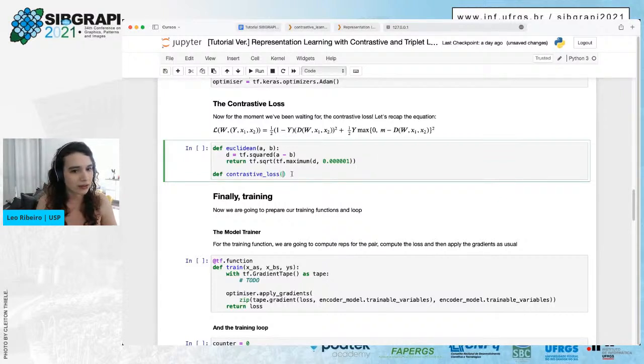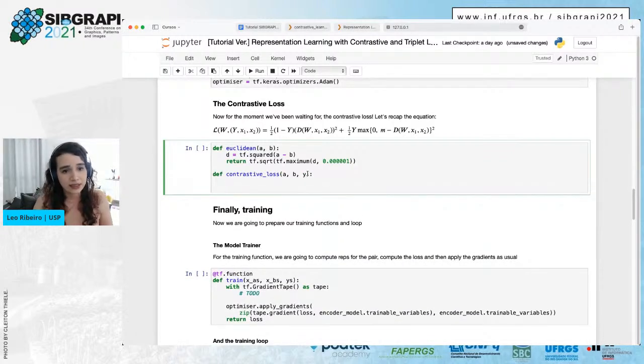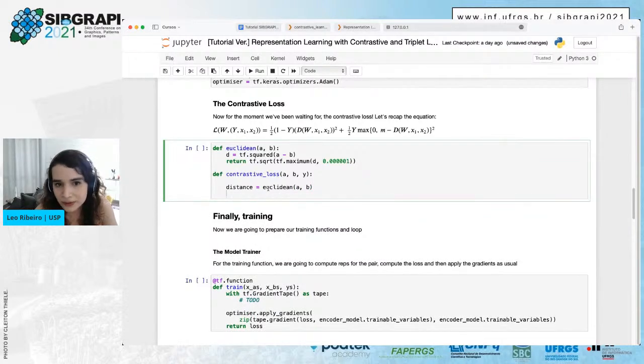Now, we're going to have as inputs our A, our B, and our S. I'm going to call it S for similarity. Sounds good. Maybe I should follow the paper and just call it Y. Okay, Y is fine. So we're going to get the distance between the two, A, B. So the positive part is just the distance, we don't do anything. And the negative is,